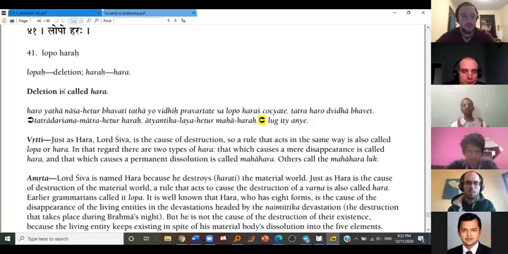One is only hara, where the object is not fully annihilated. It's just that it is absent from our view, our vision. It's just adarshan, disappeared. Just like the sun now in India is adarshan. I cannot have darshan of sun, Surya, here, because it's almost night. But it's not that the existence of the sun has ceased to exist. No, the sun is somewhere else, maybe with you all.